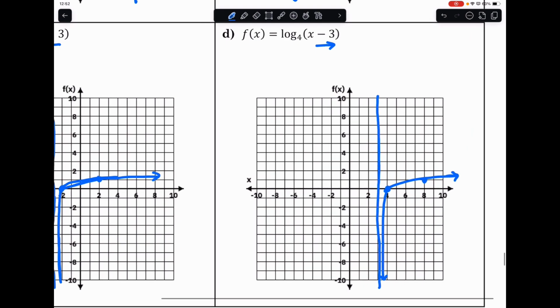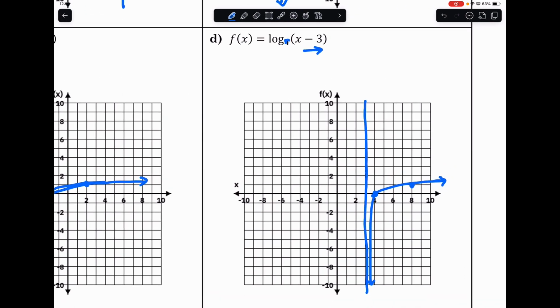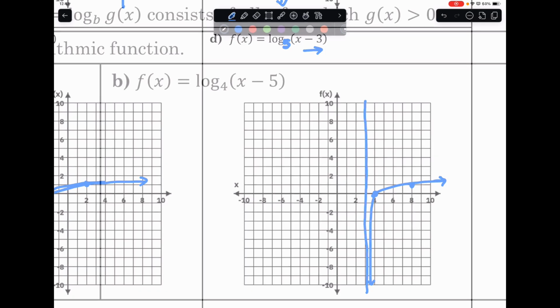Oh, but this is a log base 4, my bad. So I need to, no, let's just change that. Let's change this to a log base 5, so I don't have to redraw these points. So log base 5 of x minus 3 will look like this. Okay. Similarly, again, to this